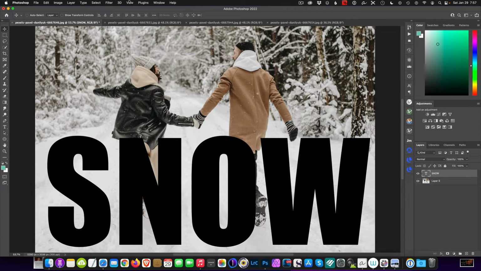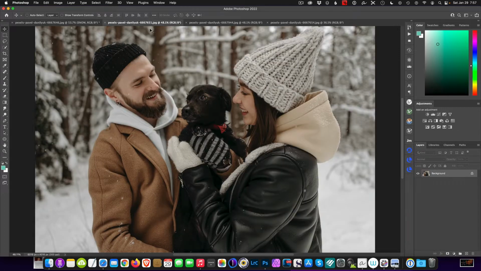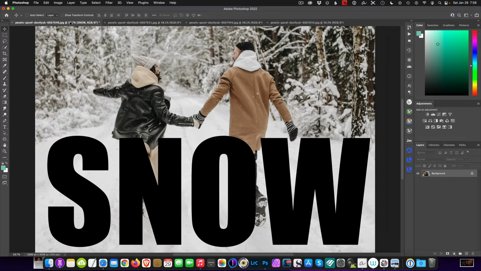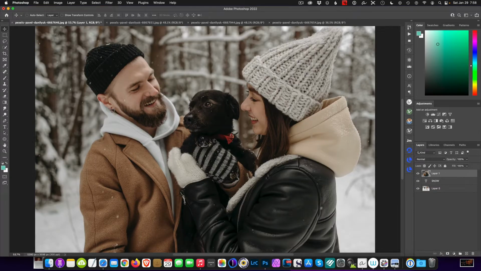And so now I have that, and now I want to take my other pictures, and so one by one I want to drag them into the other image. So using the move tool, I'm just going to click and drag and drop the photos in. Now as I do that, you can see that they're too big, so we need to downsize them. You press Command or Control T,